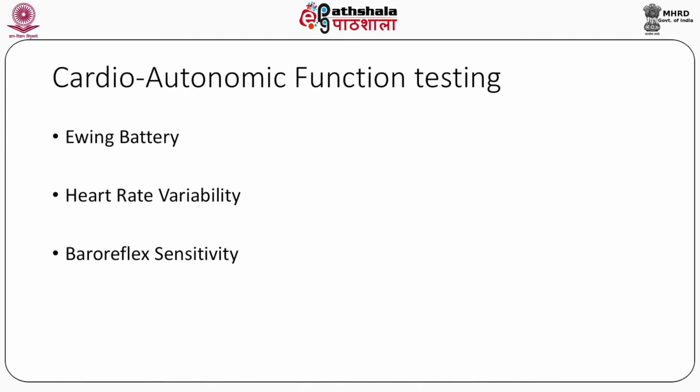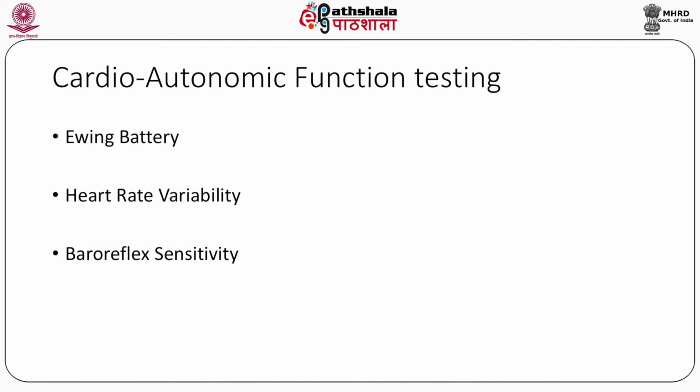Right. So, coming down to cardio-autonomic function testing. Cardio-autonomic function testing is the go-to mainstay for any well established autonomic laboratory. Within the cardio-autonomic function testing, we have a group of tests called the Ewing battery. The Ewing battery is a group of 5 tests which involve measurement of BP and ECG parameters, and creation of certain autonomic stresses which would elicit changes in BP and heart rate,